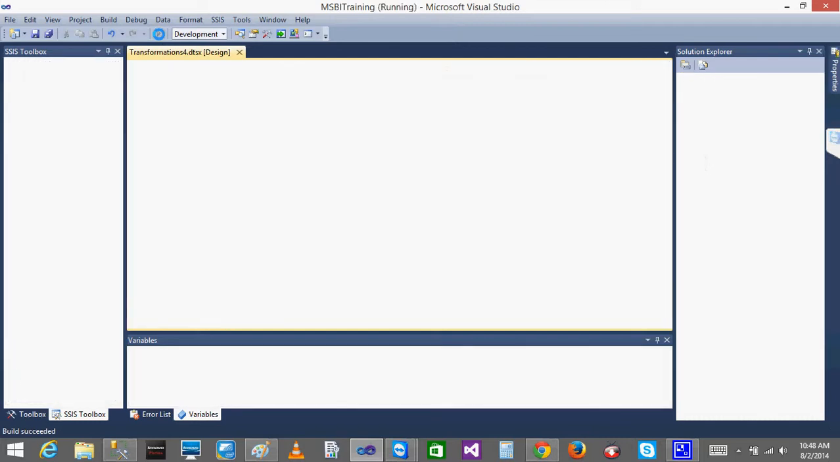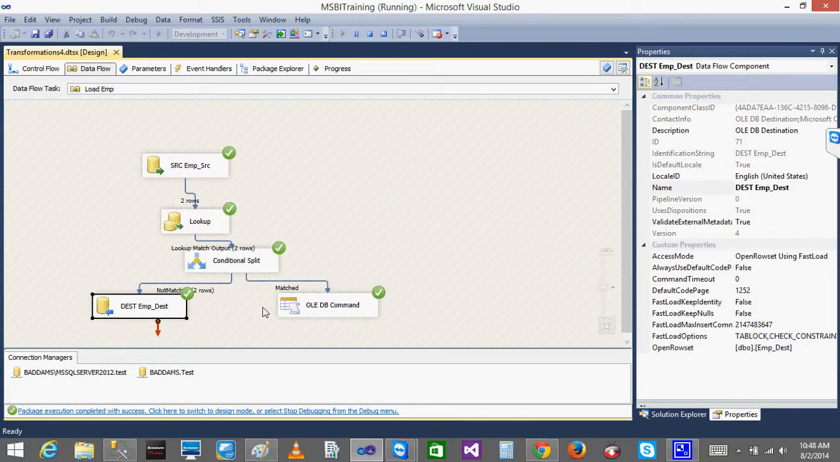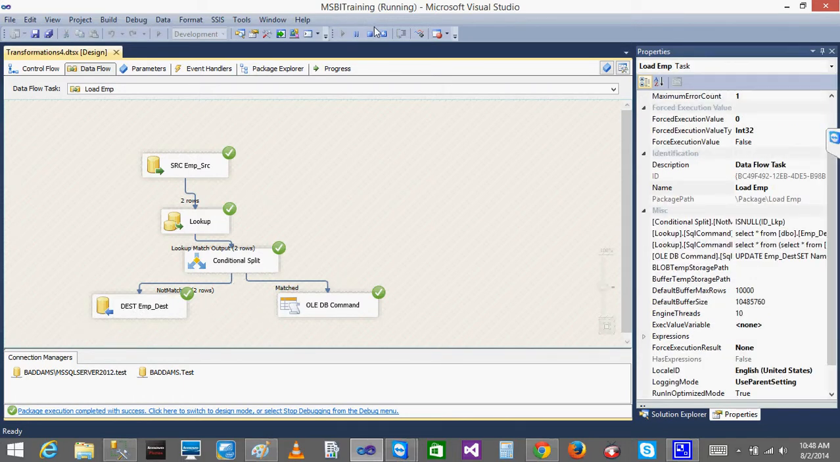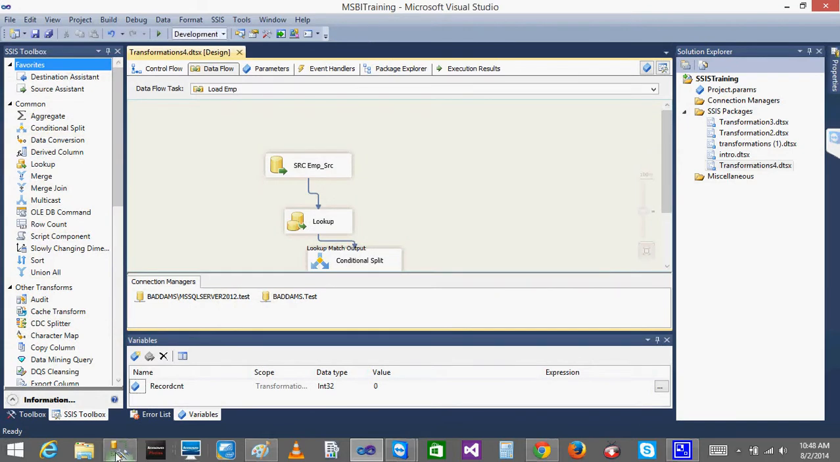Now I'll click it again. You can see the 2 records are not matched, which means they are not there, so automatically the records will be inserted into the table. Stop it, because now what happens? Whatever records we got in the source table,